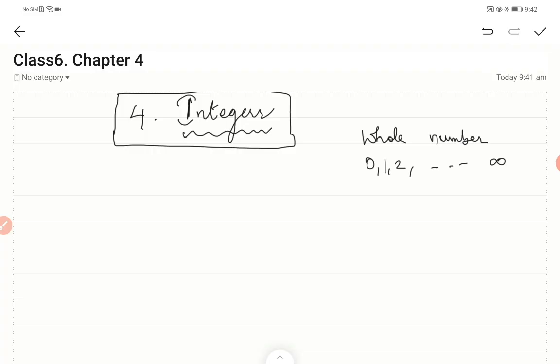We had seen in whole numbers how to add, subtract, multiply and divide on the number line, isn't it? In the same fashion, we are going to see it for integers also in this whole unit. So first of all, in the total unit you are going to study